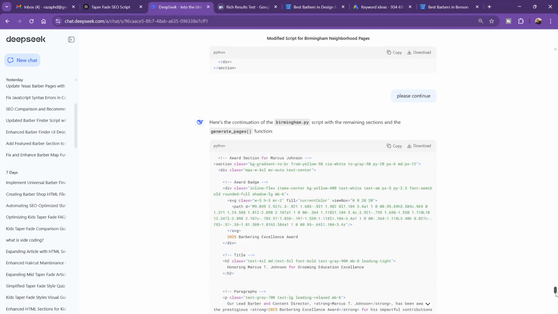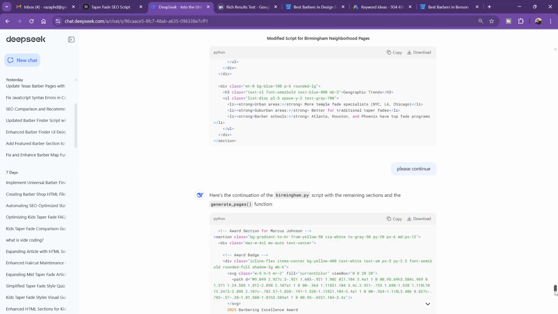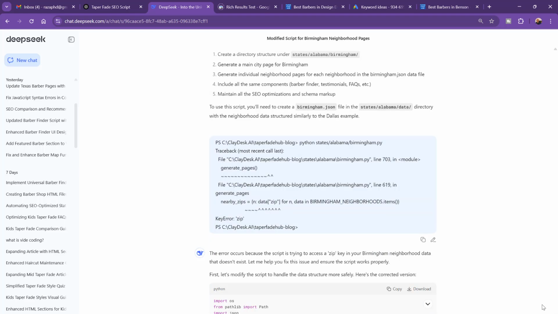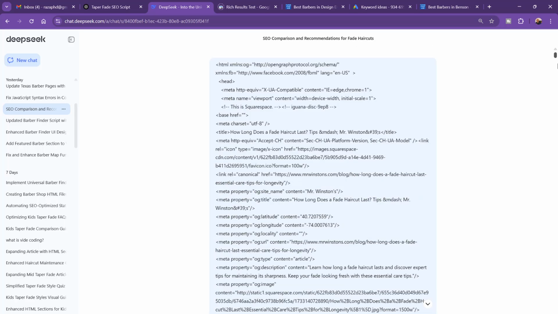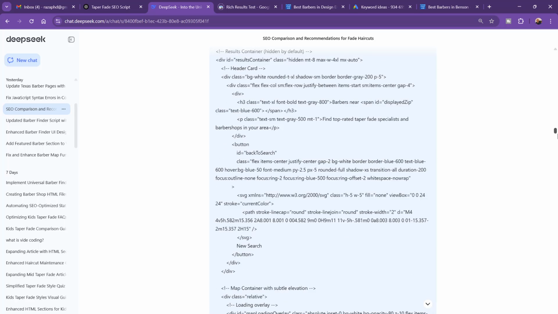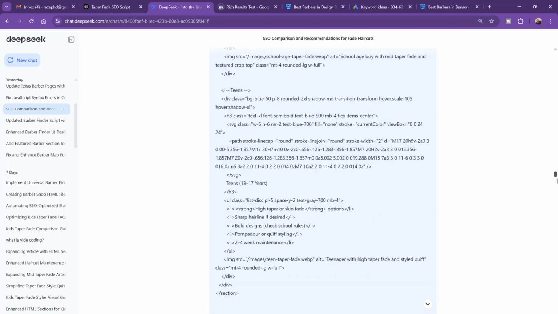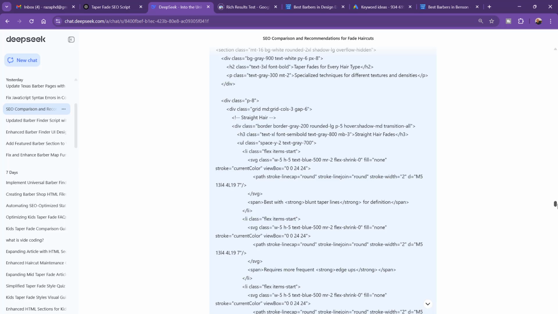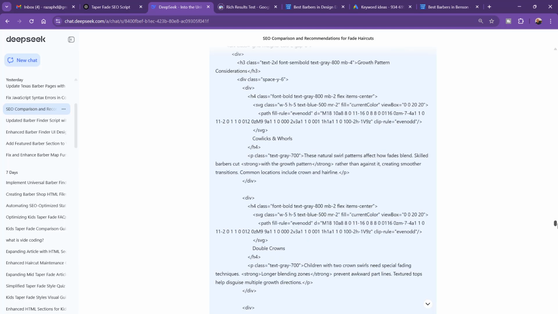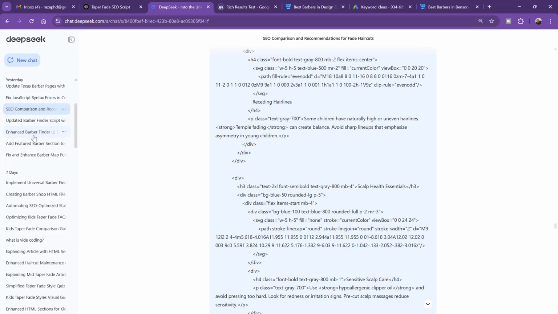For example, right here, I told DeepSeek, well, let me find the previous prompt here. I know this is too much, but the idea is that you can use these tools to create whatever it is that you actually would like to do. Whether it's a script, whether it's a web page, whether it's a product demo, whatever it is that you want to do, they will help you create